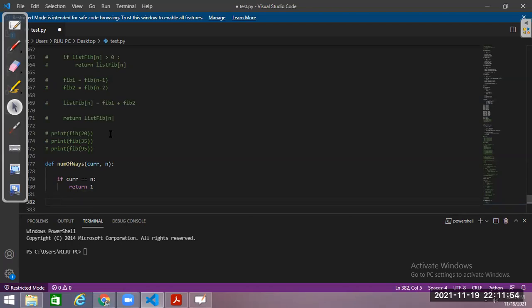Else, what shall I do? If my current is not the nth stair, what can I do?